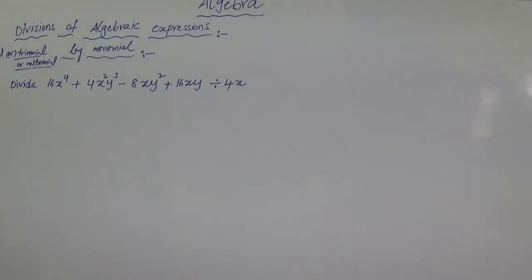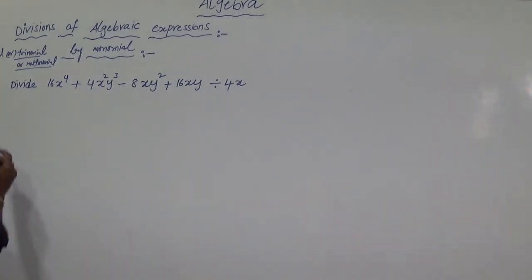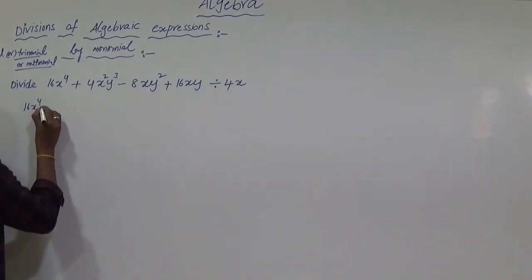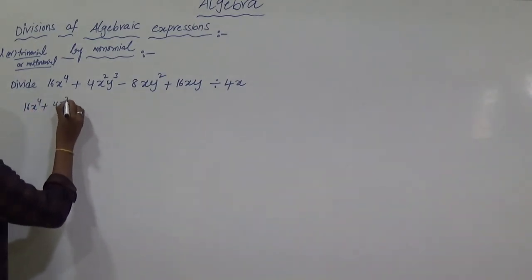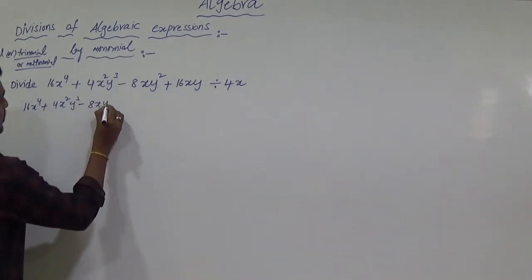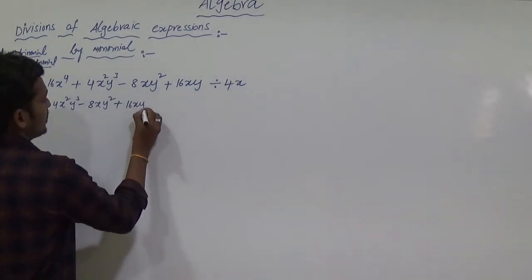4x. We have to divide the whole expression. The expression is a multinomial. Why? Because it has 4 terms. We can divide with 4x. The meaning of the question is actually 16x to the power of 4 plus 4x square y cube minus 8xy square plus 16xy plus